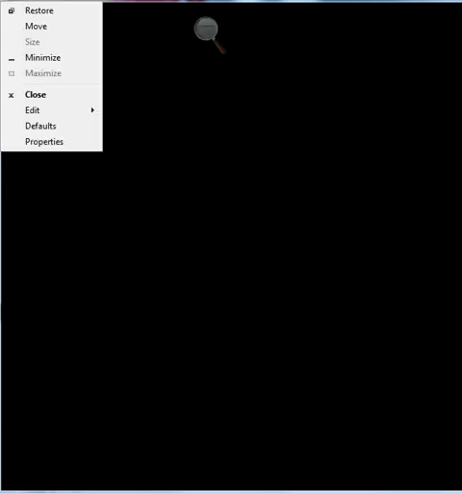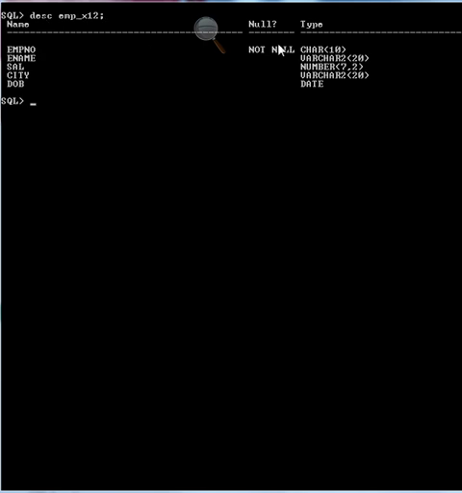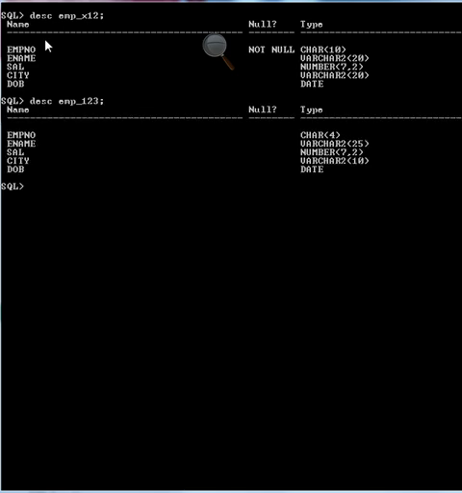Let's describe the table, DESC EMP_X12. So this is the description of the table. This is already NOT NULL. Let's take another table, DESC EMP_123.